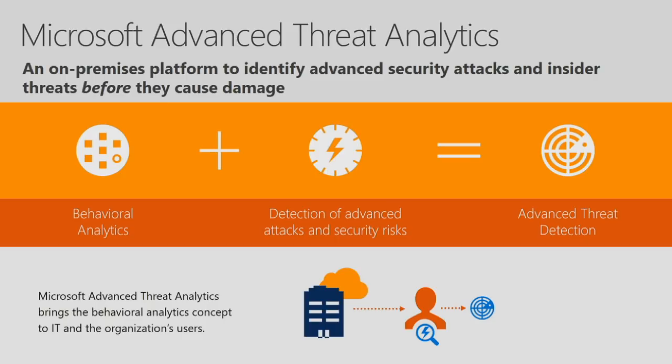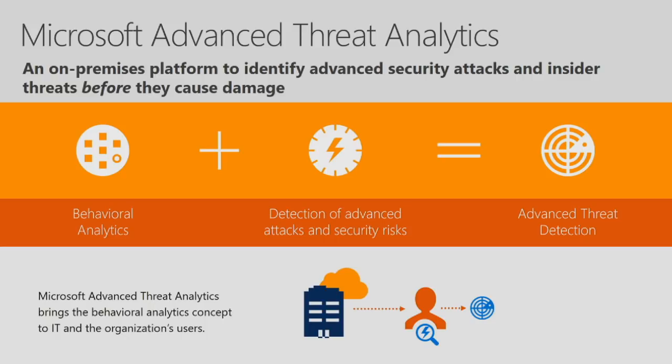The second thing we do is we look at real attacks that we've seen in the wild, attacks that our security researchers have been researching, and we have detections designed to find those things. We know that attackers will try and steal your AD database, so a replication from a non-domain controller is something that stands out. We know they can do things like put a golden ticket on your domain controllers to try and gain domain dominance in your environment. We know what those things are, and we can find them.